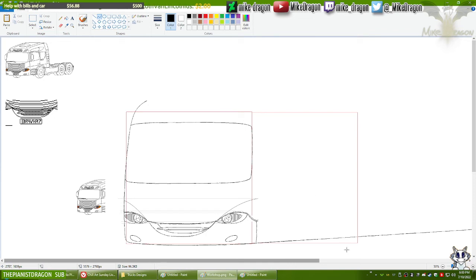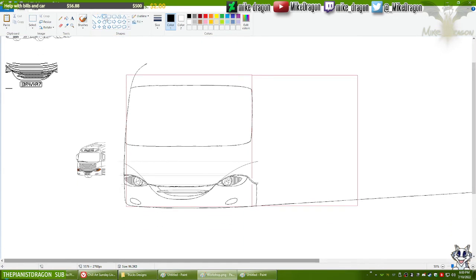Actually, I should draw the wheel arch. Yeah. Let's draw also a wheel.